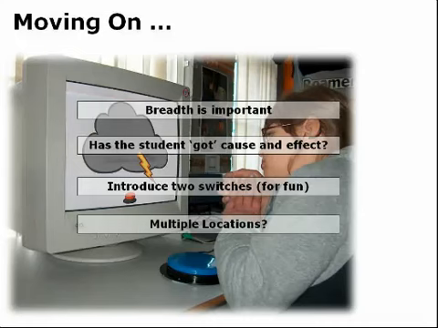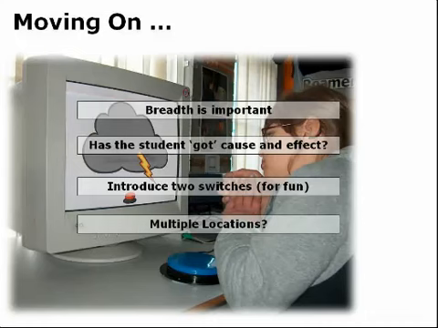There are a couple of things that we can do at this level too, if we've got a child and we're not quite sure, and that's introduce 2 switches. I'd put them there for fun, and by and large that's what it is. I would put 2 switches on a child's tray, and I'd plug one into something, whether it's the computer or whatever, and I wouldn't plug the other one in, and I'd just see what the child would do with them. I'd just sit and observe, and if the child's consistently pressing the switch that's making Bob the Builder or the Cookie Monster come on the computer and ignoring the switch that does nothing, then I could be pretty sure that